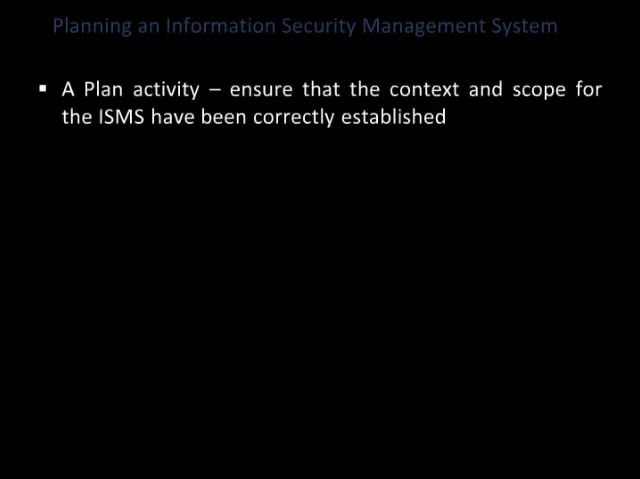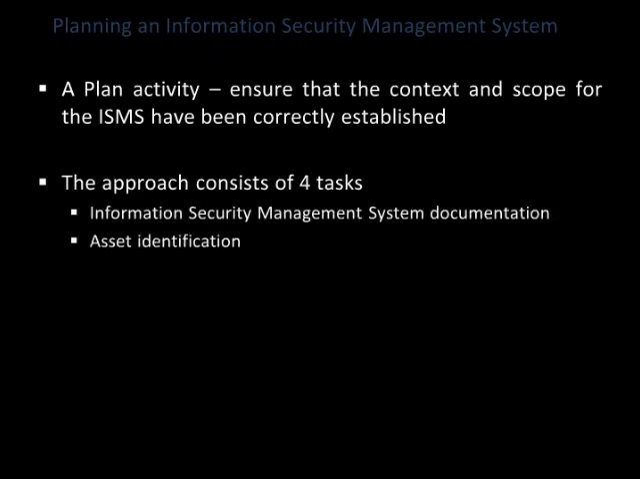Information security management system is a process involving 4 tasks, each of which may be subdivided in 2 stages. The plan activity is designed to ensure that the context and scope for the information security management system have been correctly established, that all information security risks are identified and assessed, and that a plan for the appropriate treatment of these risks is developed. This description suggests an approach to the planning and documentation of an information security management system